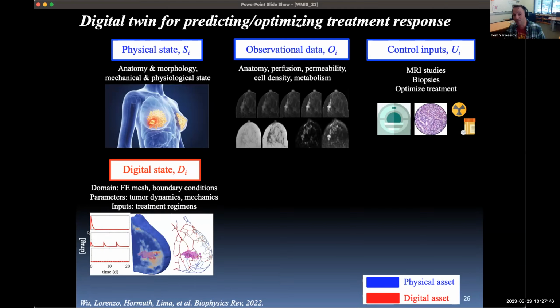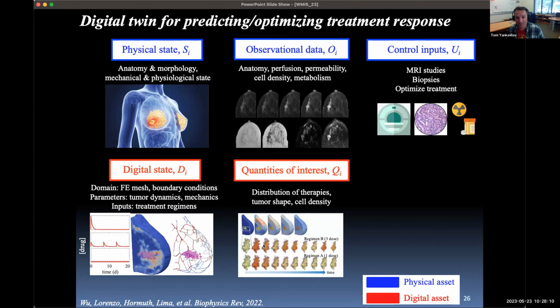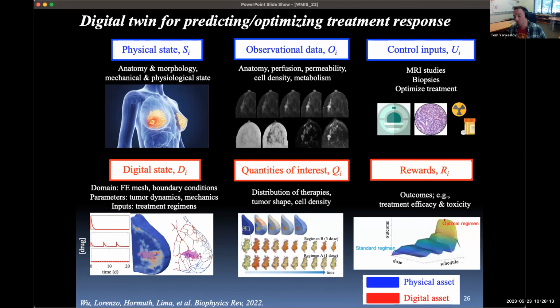Of course, if you have a mathematical model that can accurately describe how the tumor is growing in space and time, then you can go on the computer and try different therapeutic regimens for as long as you can pay the electric bill, to land on the thing that's best. So this is just indicating all the drug at once, or giving it at 3 different times, once a week for 3 weeks, or giving it once a day for 21 days, like you might do for radiation therapy. All right, so then you have your quantities of interest: the tumor size, shape, cell density. And with this mathematical model and this digital twin build, you can try a whole bunch of different doses and scheduling on one patient. In this case, we had an outcome that was balanced: a balance of efficacy, trying to shrink the tumor, while maintaining low toxicity.